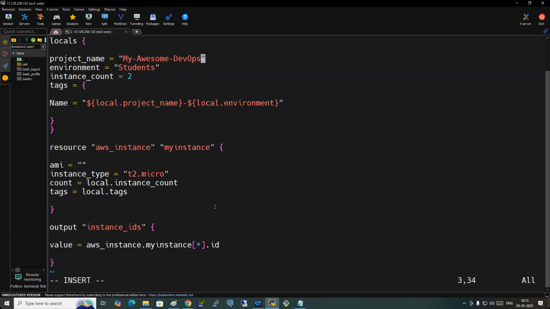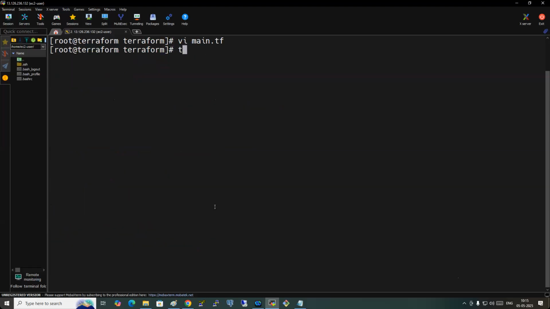So now I have launched EC2 instances many times till now, but I have used different concepts to launch an EC2 instance. I have used main.tf directly to launch the EC2 instance. I used variable.tf also to launch an EC2 instance. And now I'm using which concept? Locals concept also to launch an EC2 instance. You see different multiple ways I'm showing you, right? So guys, if I do just Terraform